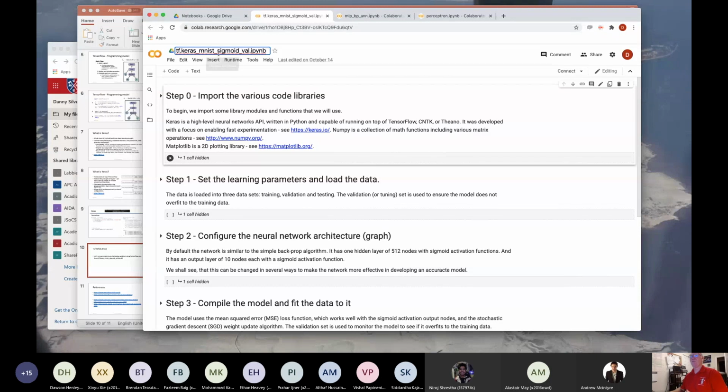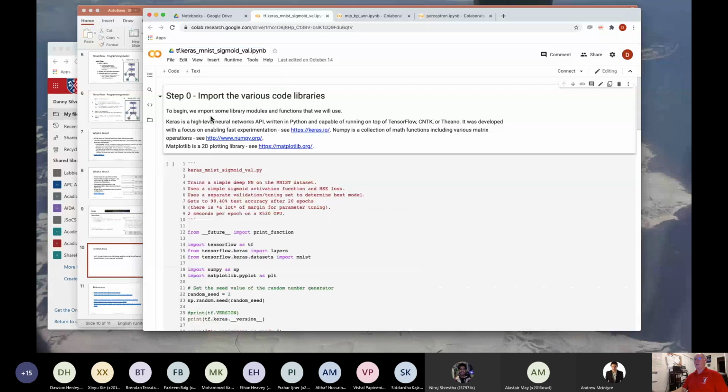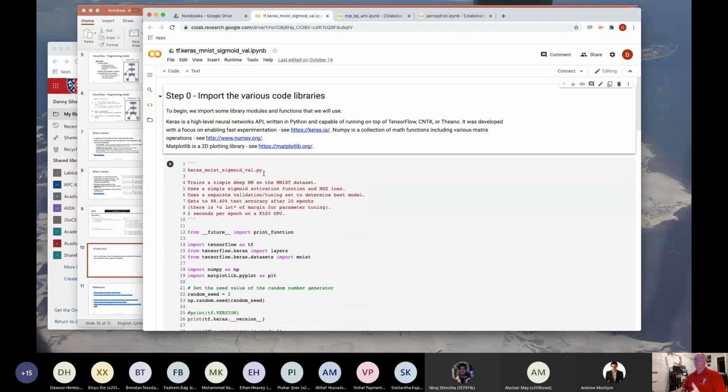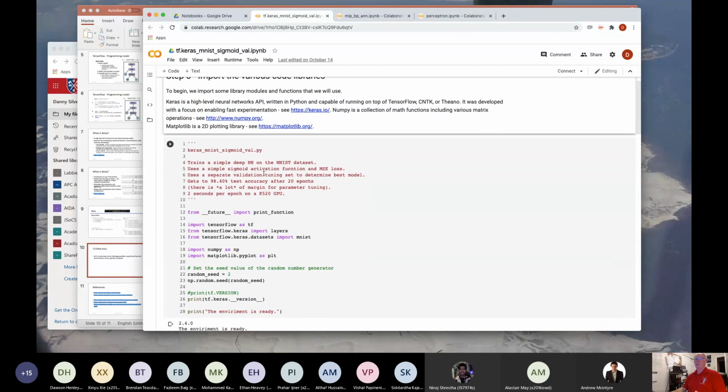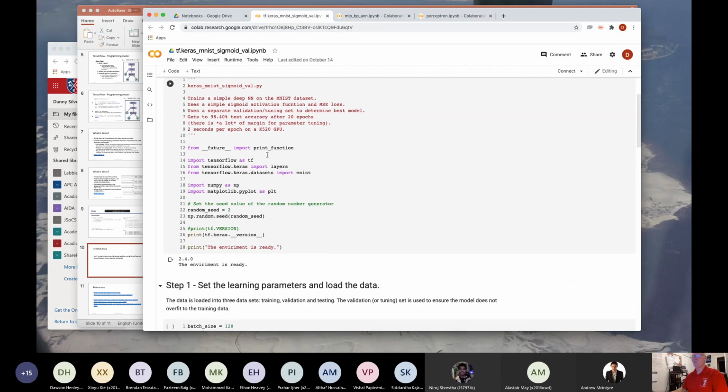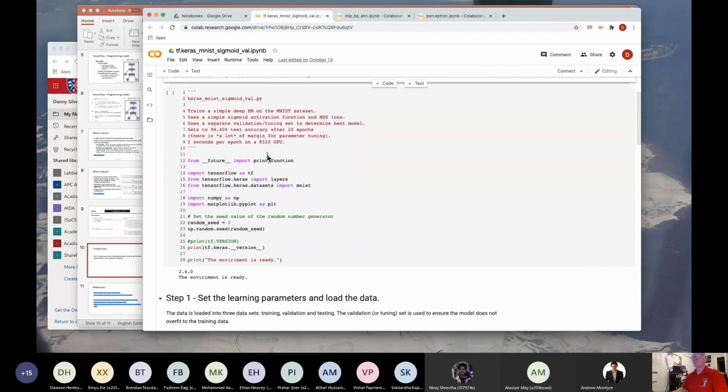Big long name, I'm sorry, but in this particular case, we're going to be using the MNIST data set. Now, the MNIST data set is just a collection of handwritten digits, 0 through 9. And the objective, of course, is to be able to classify each of those digits. There's a lot of them, and that's provided in this library. One of the other nice things about TensorFlow and Keras is that it comes loaded with a whole bunch of example data for you to be able to begin to learn with and trial. And that's true of the MNIST data set as well.